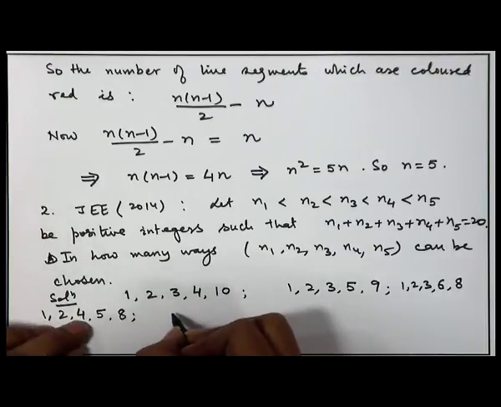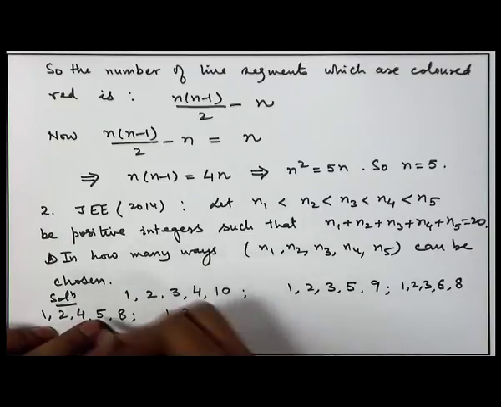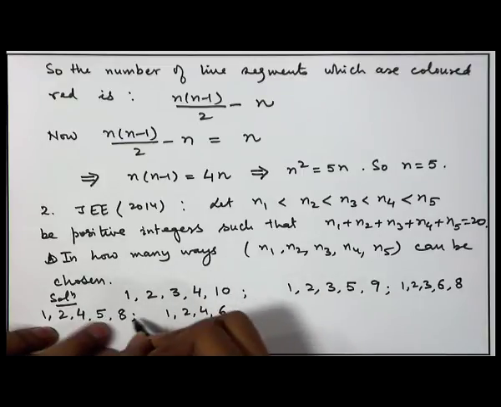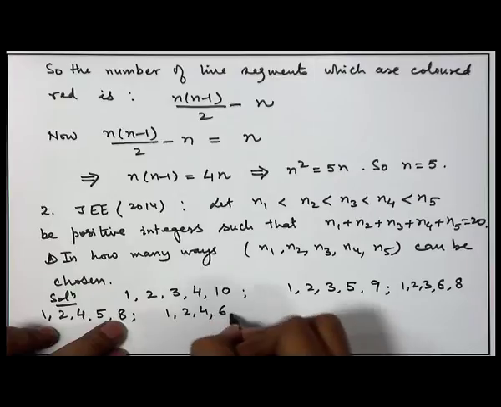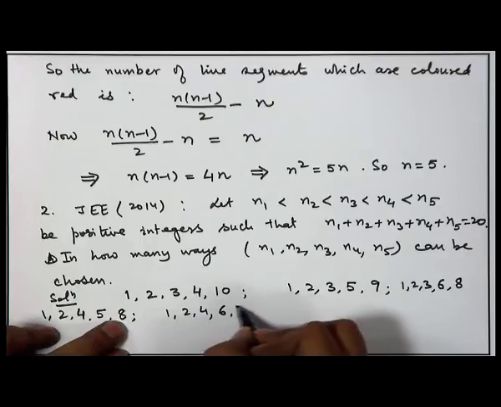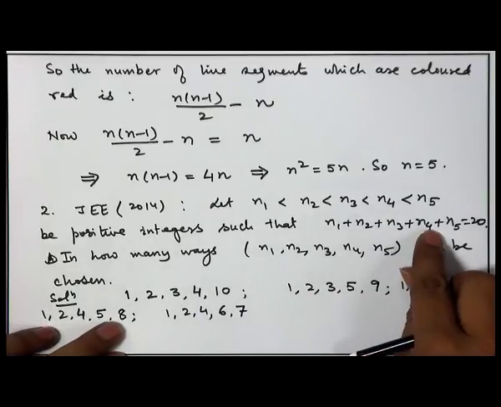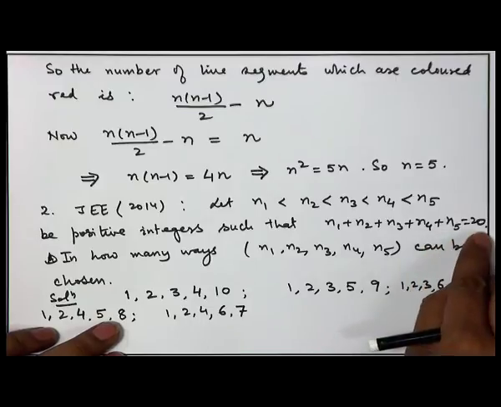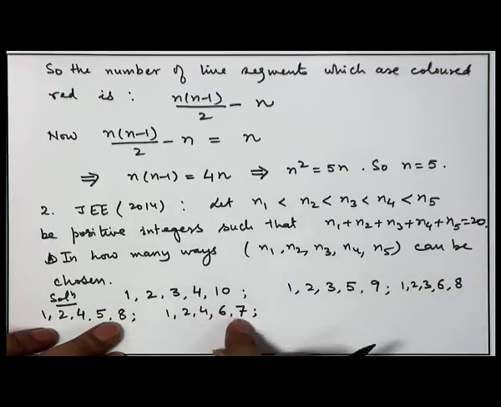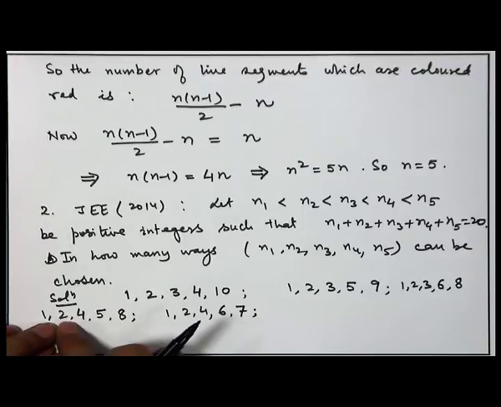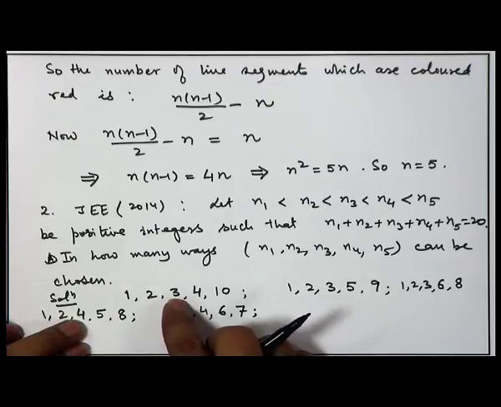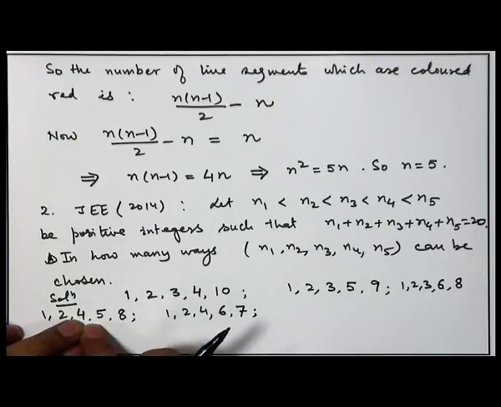Now, with the same one, if I choose the second value for n4, that is 1, 2, 4 and this 5 I make 6, that is the next smallest, then how many values are exhausted? So, we have taken 7 plus 6, 13. So, n5 can be only 7 to make n1 plus n2 plus n3 plus n4 plus n5 equal to 20. Again you can see that these are the only possibilities if I choose n1 and n2 to be the smallest and n3 to be the next smallest, that is from 3 we have taken it to the value 4, no other possibility is there.